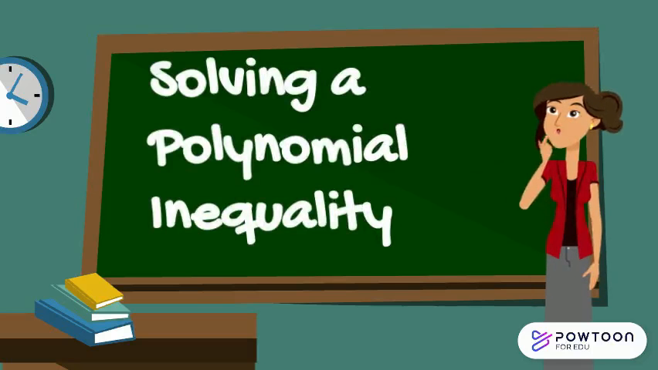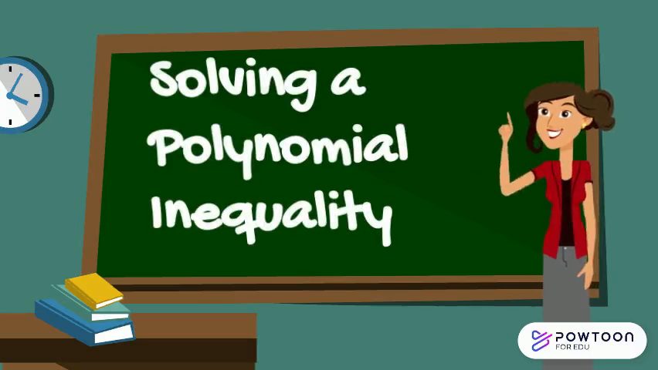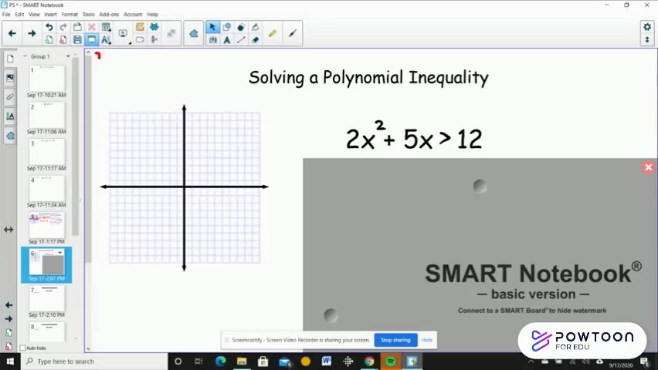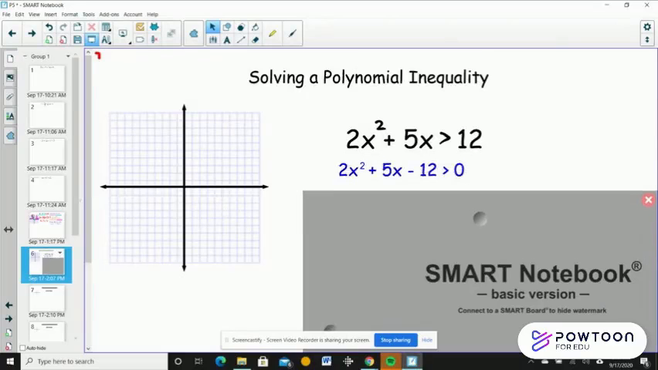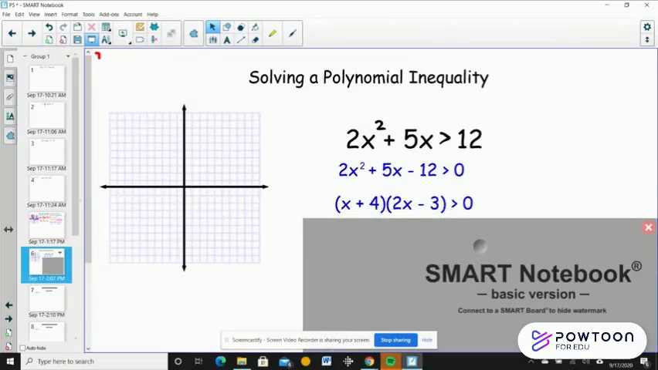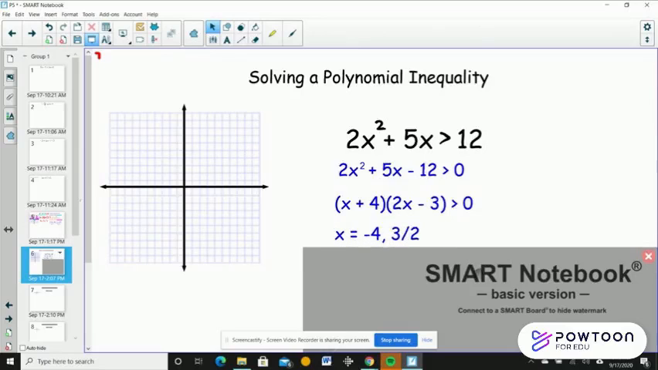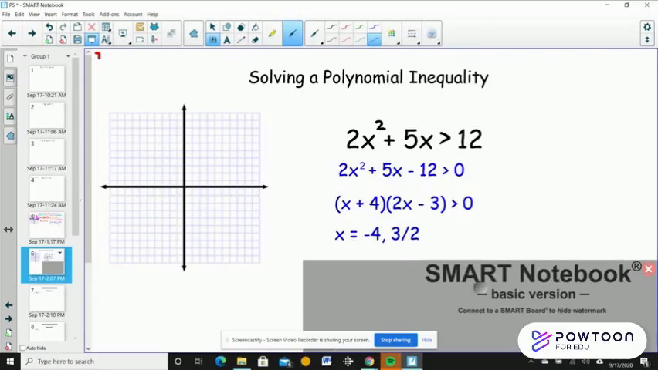How do we solve a polynomial inequality? Okay, to solve a polynomial inequality, we first have to set the inequality to 0. And then we can factor it. And we find the solution set of negative 4 and 3/2. So when we go to graph our parabola,